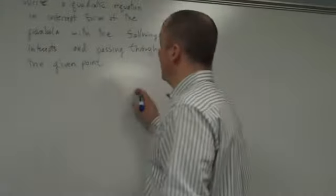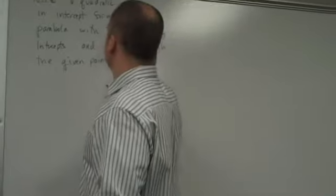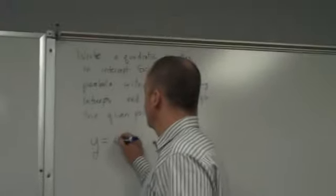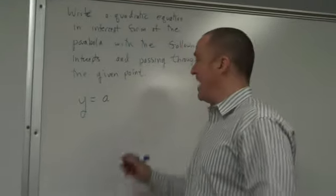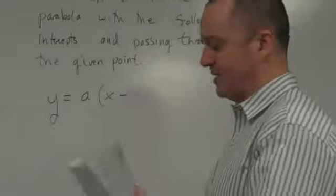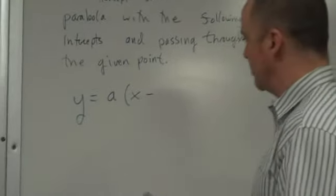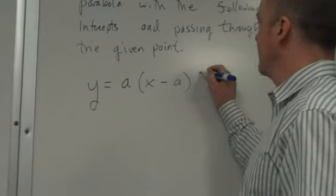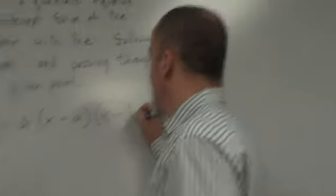Okay. Intercept form of a parabola looks like this: y equals some number, there could still be an a, times x minus one of the intercepts. And I forget what letters your book uses, and I wanted to be consistent, but I'm just going to use a and b. X minus one of the intercepts, x minus